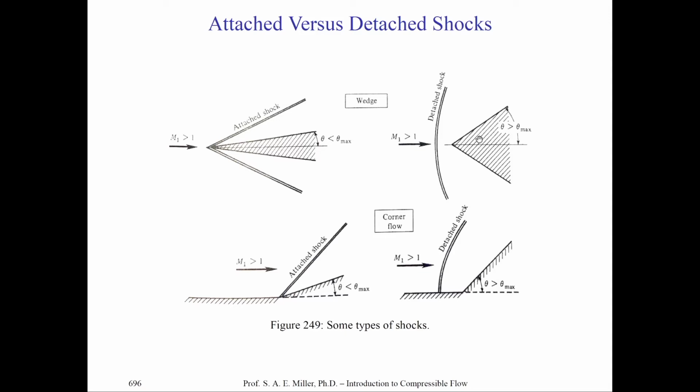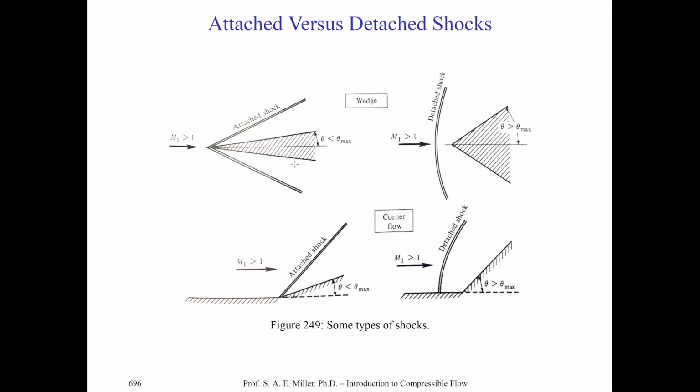In one case in the upper right, the turning angle theta, the half angle of the wedge, is greater than theta max for that particular Mach number. That means there's no solution of the theta-beta-Mach number equation, and therefore I'll treat the shock as detached for that gamma 1.4 value, perhaps. On the upper left, I have an attached shock, and you can see theta is less than theta max on the theta-beta-Mach number equations and charts, and therefore it has a particular solution or solutions, and I can get an attached